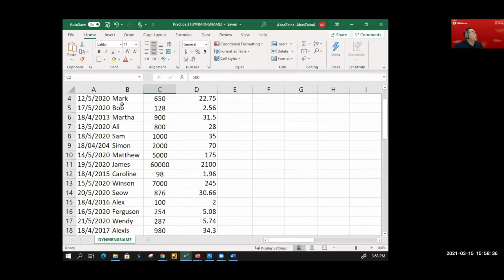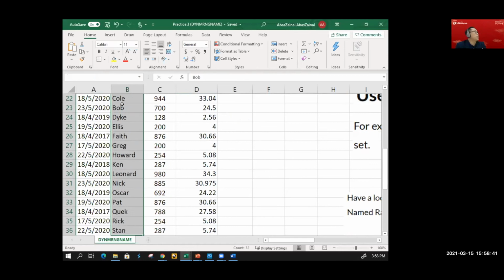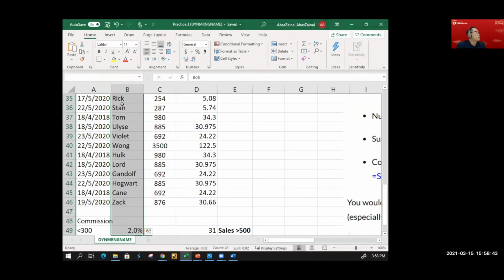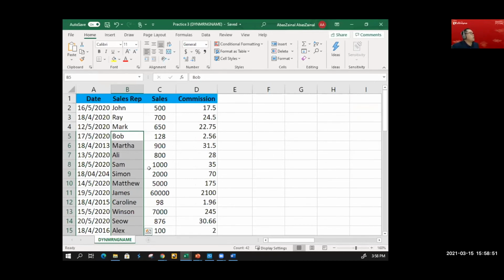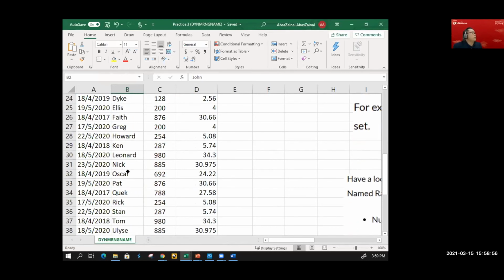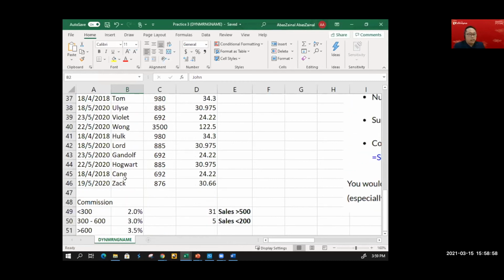So if I were to highlight all this, all the way to the bottom here, why doesn't it say at the top here, it shows B5? Because I have not selected the entire cell. So I got to start from right at the top, because I have already named this cell, and I scroll right down to the bottom here. Then notice at the top here, you will see sales rep.